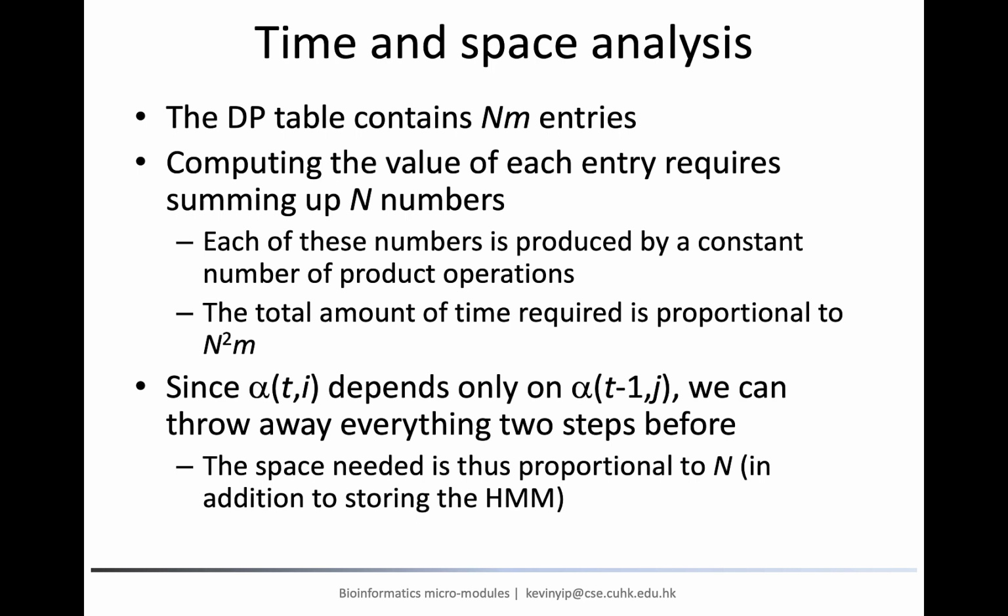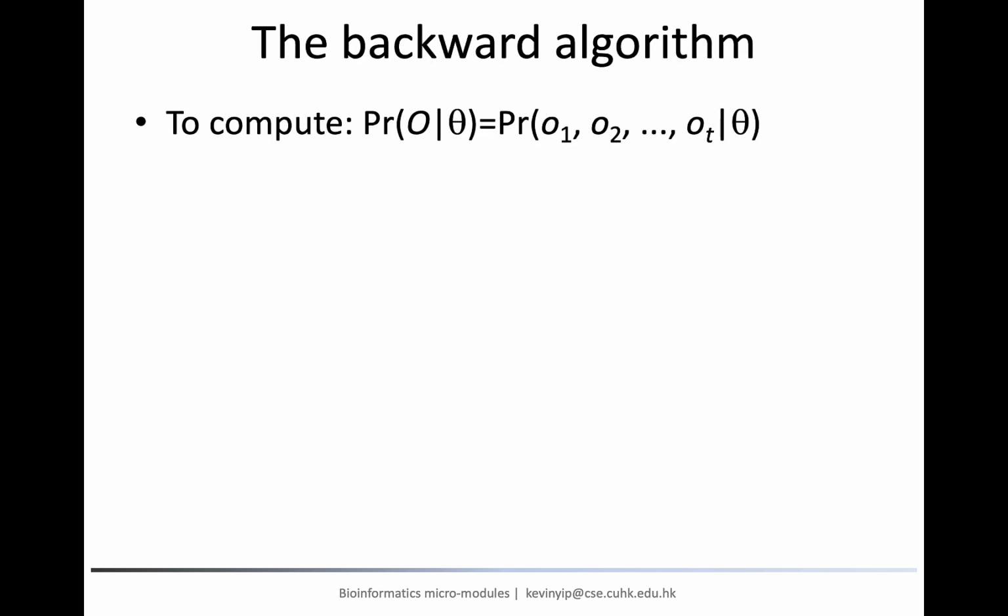The forward algorithm is intuitive because each subproblem involves a number of first observations. However, it is not the only way that can compute the data likelihood efficiently. We now describe another algorithm called the backward algorithm, which is also a dynamic programming algorithm with the same time and space complexity as the forward algorithm, but it works backward instead of forward.